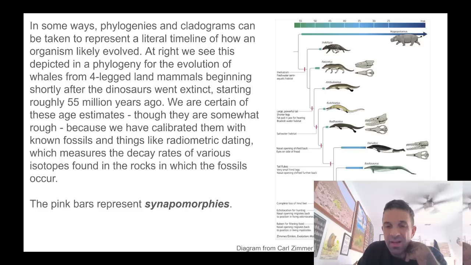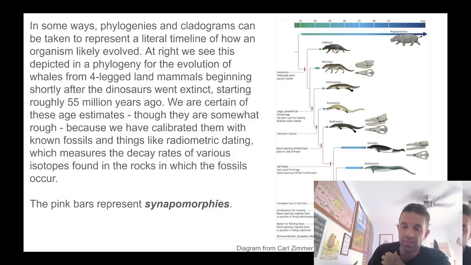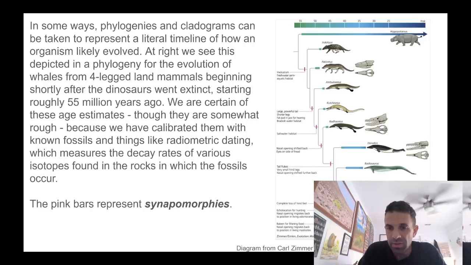Or it evolves a fat pad in the jaw for hearing, and brackish. Okay, fat pad in the jaw for hearing is occurring in brackish water habitat. Also, you can tell that from looking at the sedimentary rocks that these things are found in. Saltwater habitat, they can tell that obviously from finding different mineral deposits in the rock that the fossils are entombed